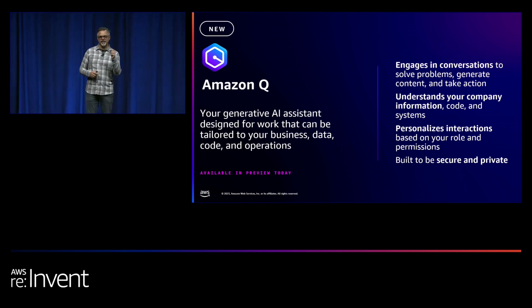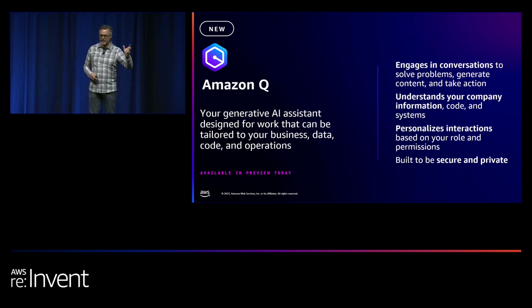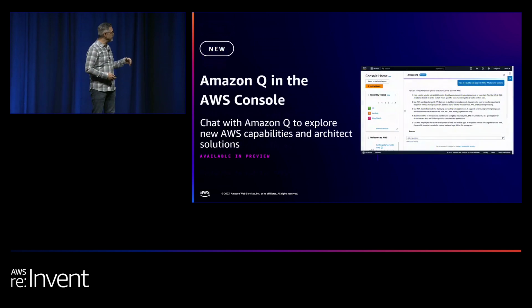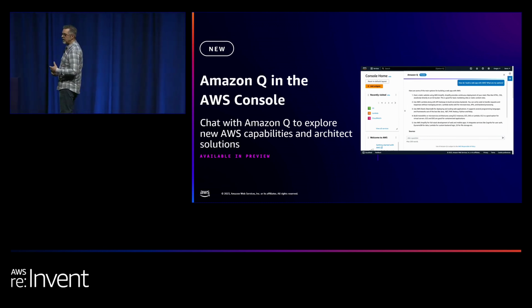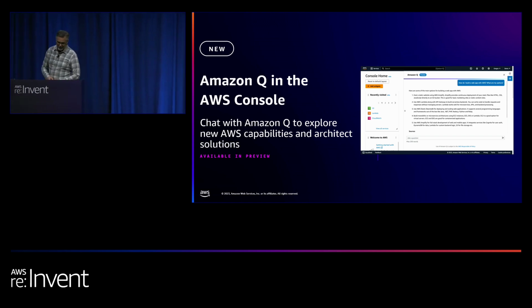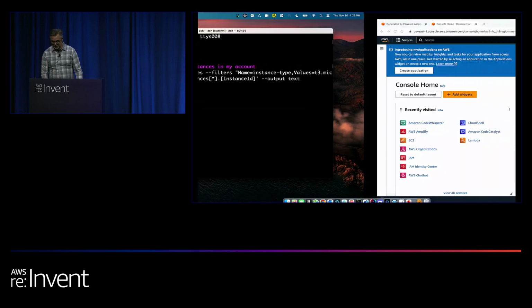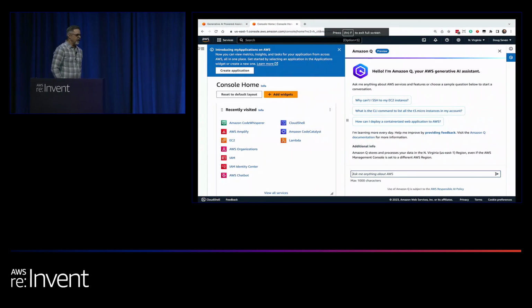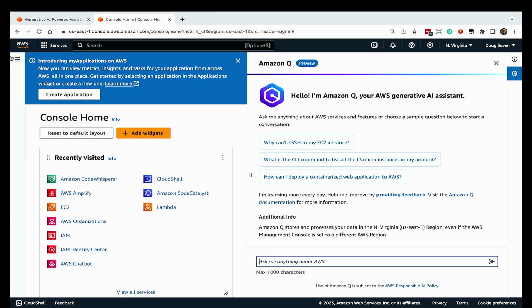You saw just a little bit of that just now, where I can, in the command line, say, hey, Q, help me understand, what is the command for the thing I'm trying to do. But it goes in other places as well. The console, of course, is a place where people spend a lot of time. And so we integrated Q into the console. I figured I might as well do this one in real life too. It seems more fun. If I'm logged into the console now, as of this week, you'll see this Amazon Q panel. I've pulled it out to make it bigger. Normally it doesn't take up that much screen space.